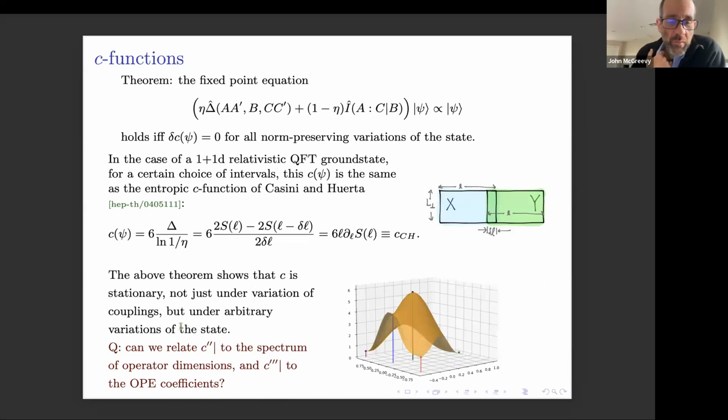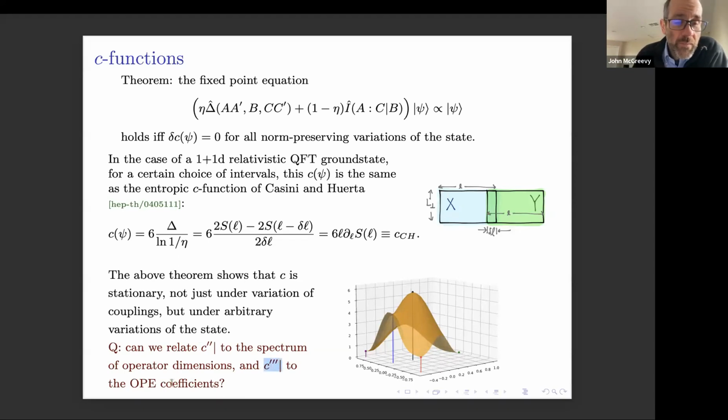The most urgent of which to me is clearly there's some relationship between gradient flow on this function and the RG, right? Saddle points of this function are RG fixed points. So clearly, if I move away from a saddle point, it should have something to do with some perturbation of that fixed point. And ideally, we'd like to understand to what extent the Hessian of this function determines the spectrum of operator dimensions of the CFT,